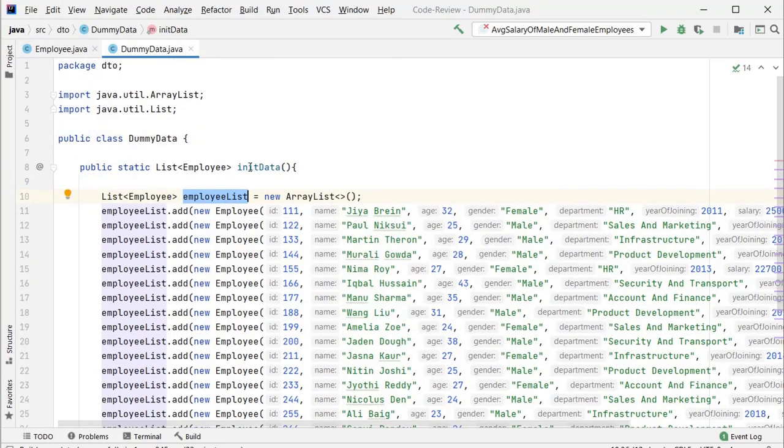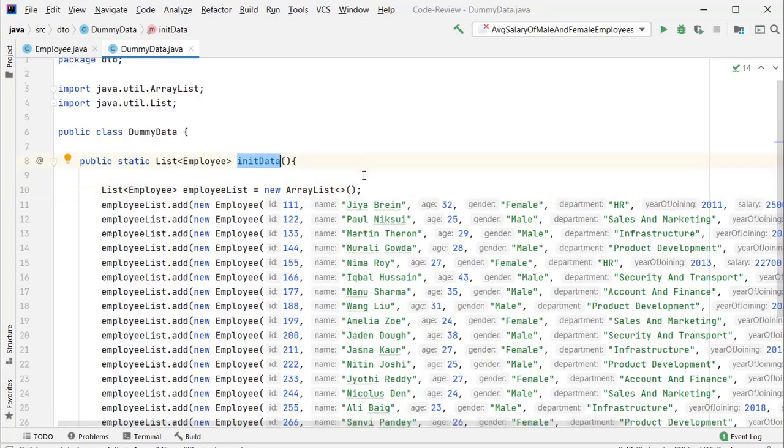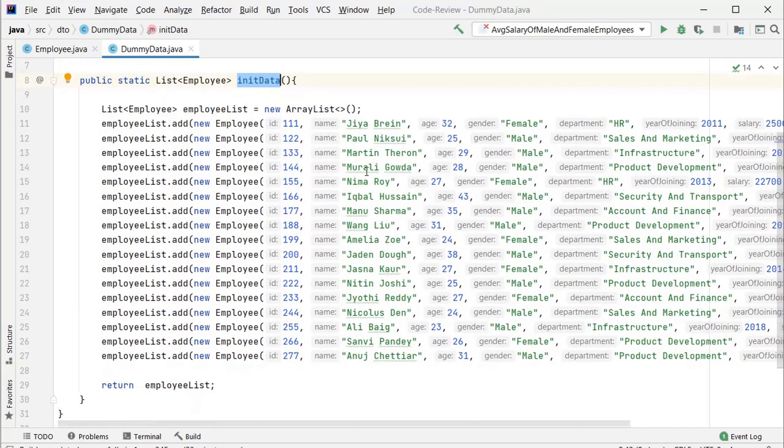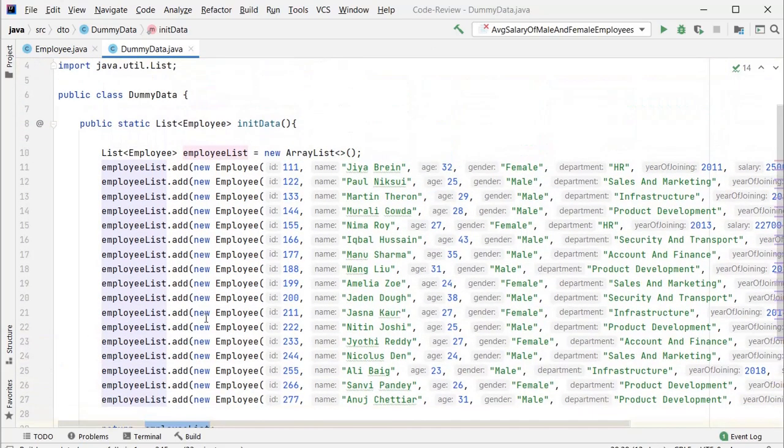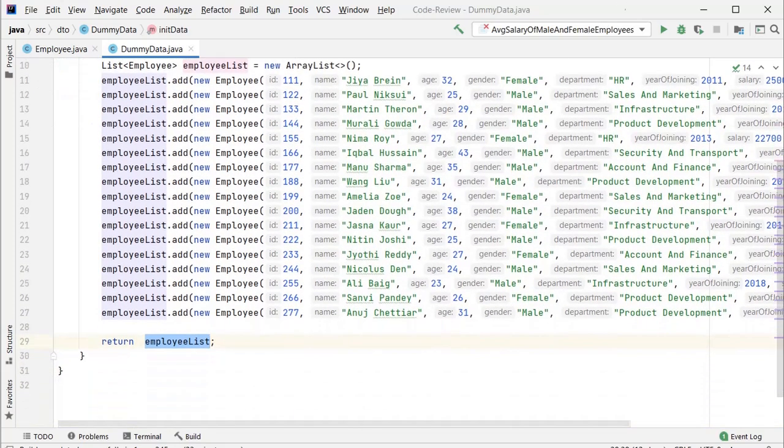In the Dummy class I created the initData method, which returns the list of employee records. So here I added the list of employee records inside the employee list. This list of employee records we can use to perform our real-time queries.